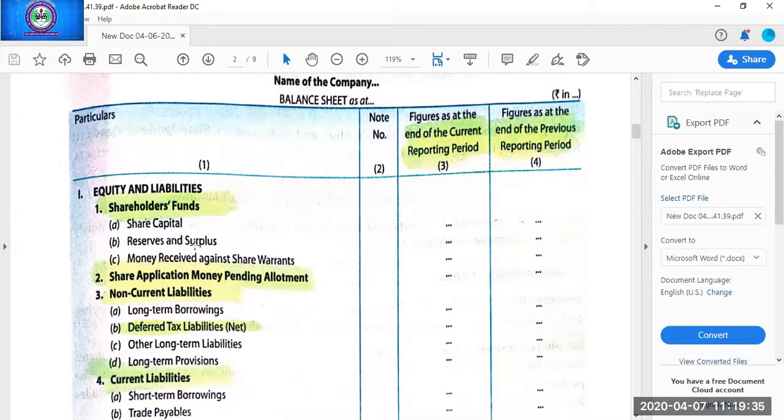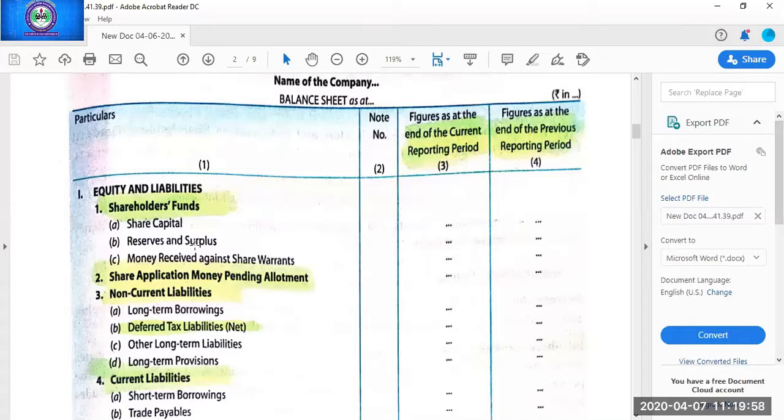So if any outsider wants to get the detail, then the note number will be mentioned in the balance sheet, and all those notes will be attached with that balance sheet. So that person can go to the required note by just checking the note number of that particular item and see the bifurcation of the different items in that note.